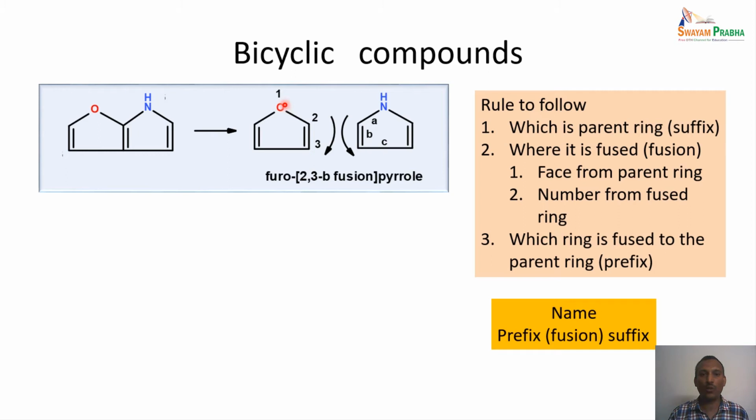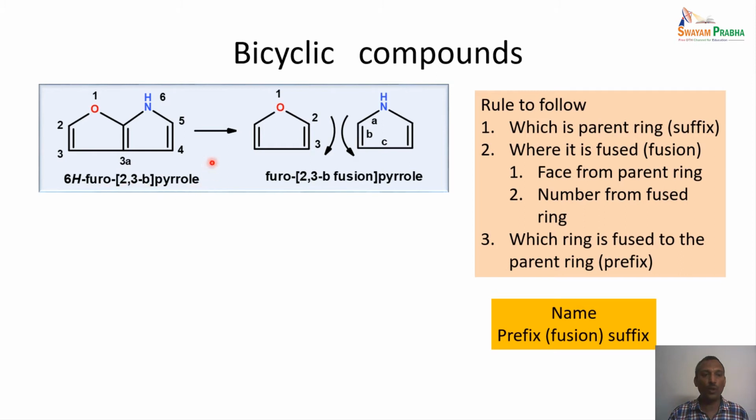Because in the second rule, oxygen gets the lowest number. So in the numbering priority, oxygen gets the lowest number. Based on this, we have to give the numbering for the fusion. So this compound is going to be furan, fused between the 2,3 bonds of furan to the B phase of the pyrrole ring. So this is the name. The numbering goes like this. And this nitrogen actually has a hydrogen, so this also has to be named. So in that case, this compound is named as